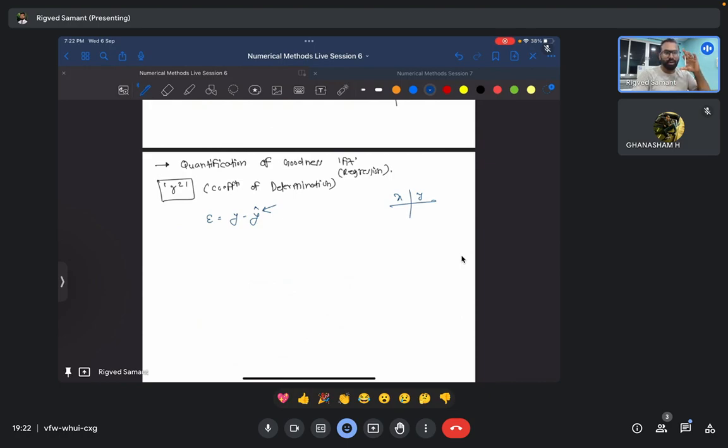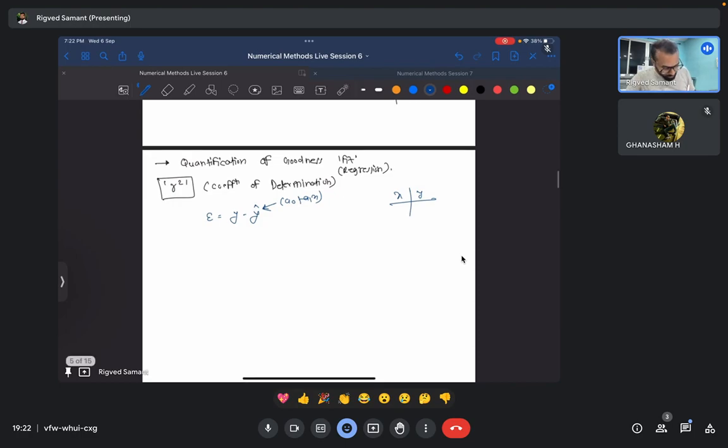So y is the data set that you have been given, and y hat is the model that you are building, and using that model you are predicting the value. So y hat is your predicted value and y is your expected value. This predicted value is given by a0 plus a1x, okay. So this was there and we are using it, and then we said sum of squared errors,